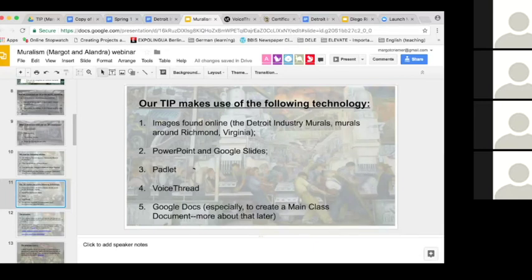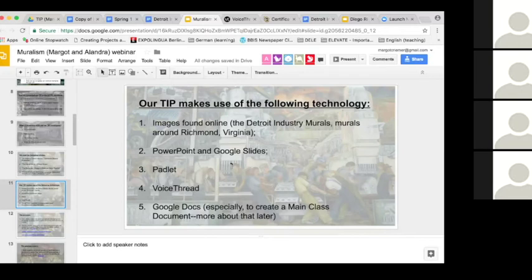You may be less familiar with Padlet and Voicethread. Padlet and Voicethread are nice complementary tools. They're both web-based. Padlet is free and Voicethread is not, so that's one big difference. Padlet is an online chat tool similar to a virtual whiteboard, and you'll see later on how our students used it. When they were discussing questions, they answered the questions on Padlet, and it was a way for them to share thoughts in a way that they could see almost everyone's thoughts at once.